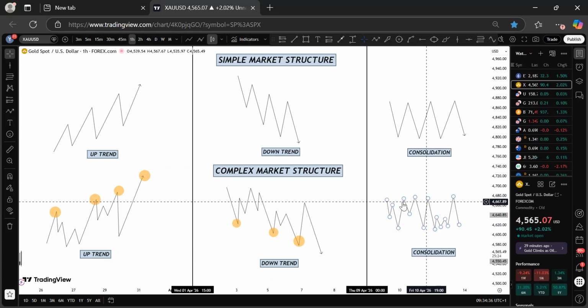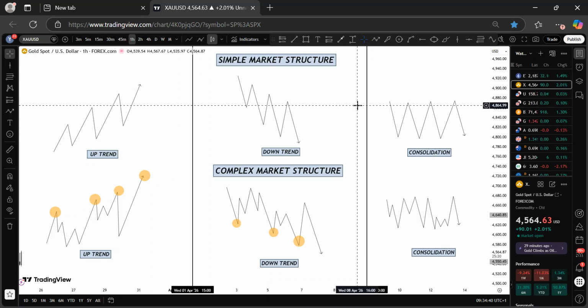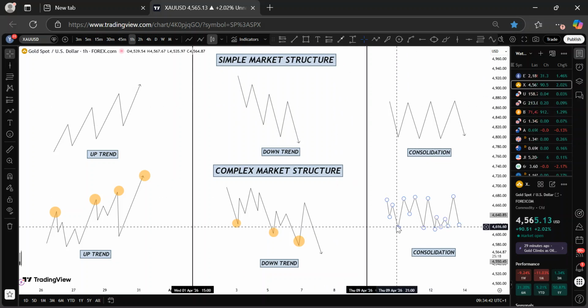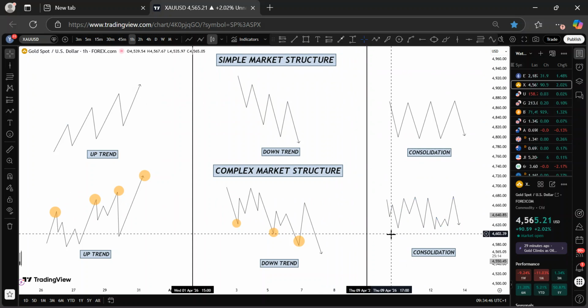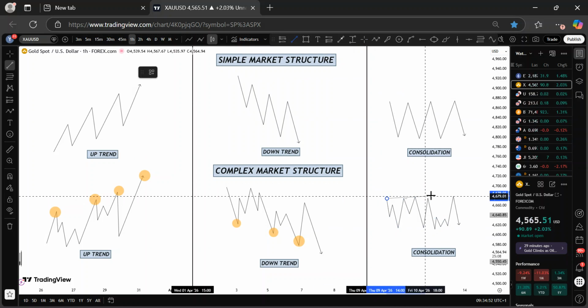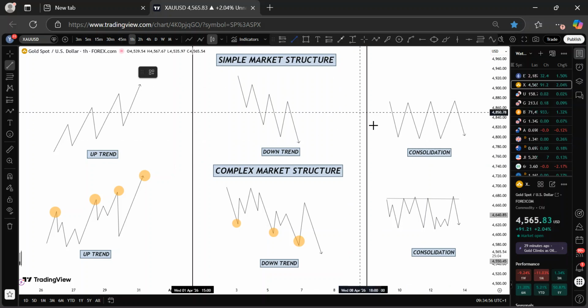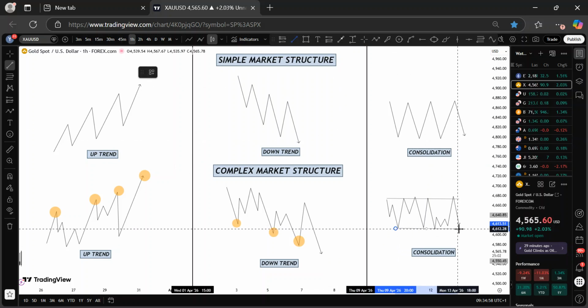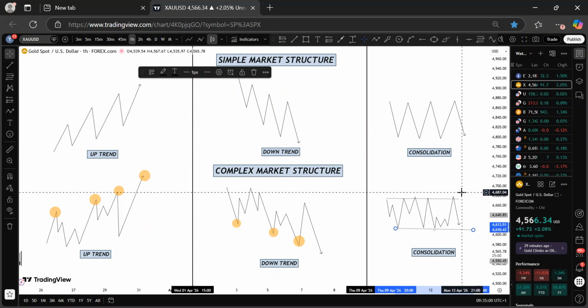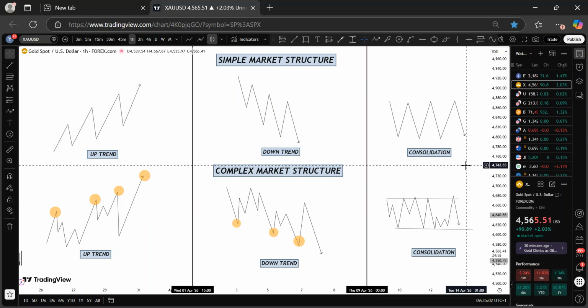Now, looking at this market, you'll notice that this market neither goes up nor comes down. The highs and the lows that are supposed to tell us, okay, we are in an uptrend or we are in a downtrend, none of them is being taken out. How do we know that? When you try to align all of them, you get to see that we have equal highs and what? Equal lows. Are you seeing it right now?